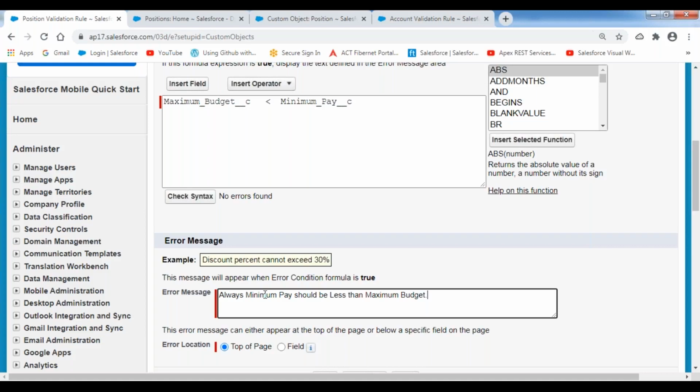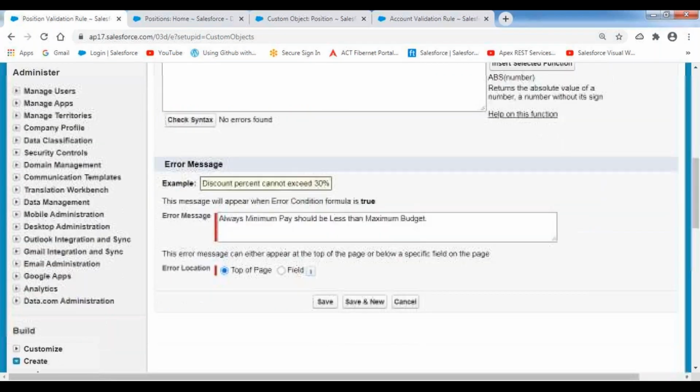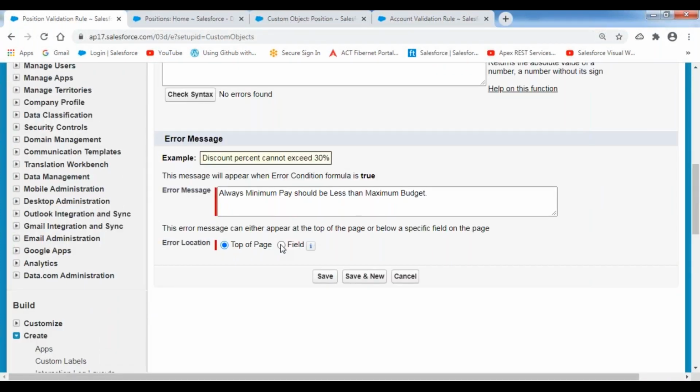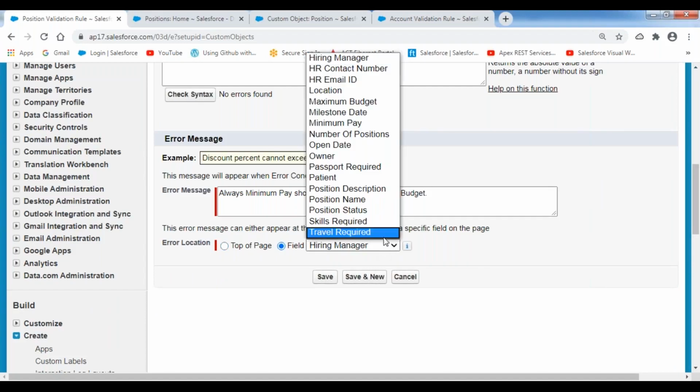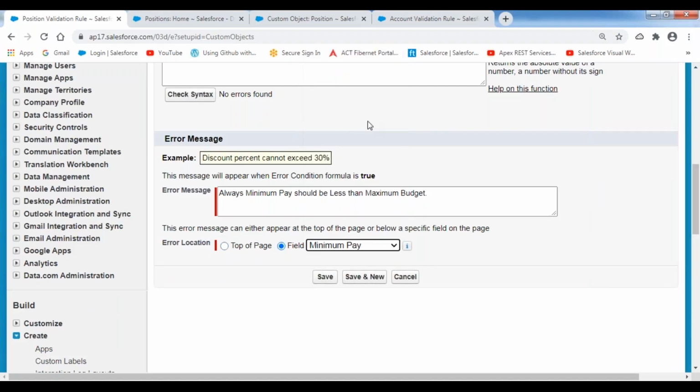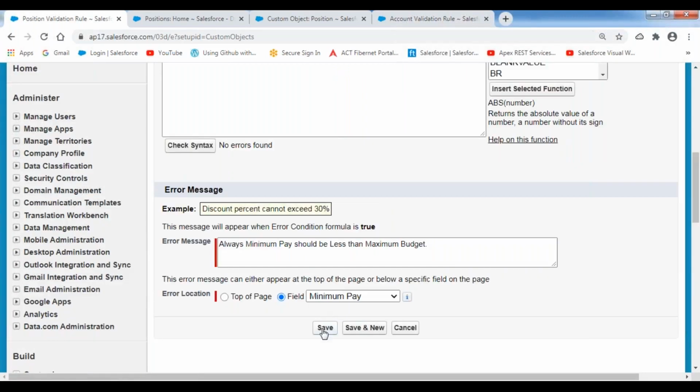Can we put that value also here? No, we can't specify the value, because whichever value we are entering, we have to enter the value dynamically, right? So we can't hard code this value. Now I want to indicate this error message at the minimum pay field. So select that field called minimum pay. Now click on the save button.